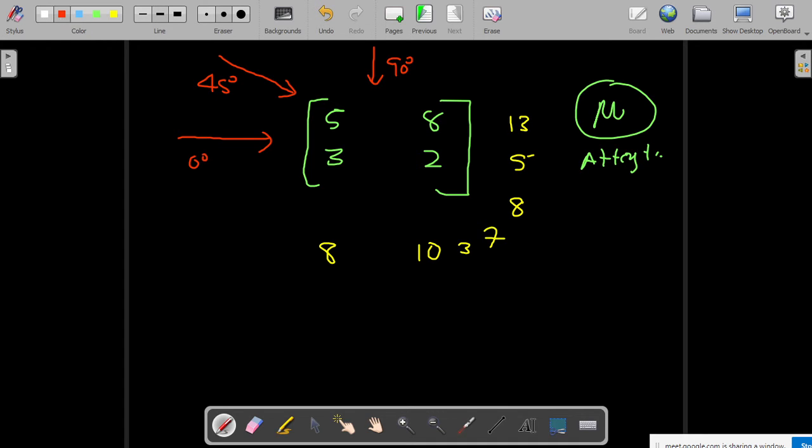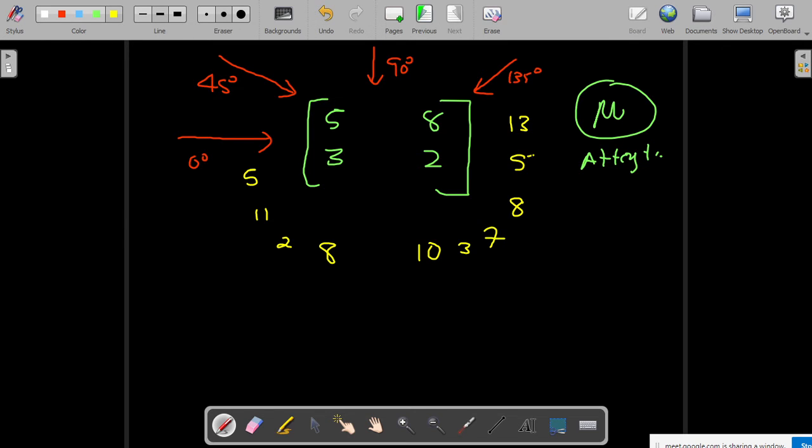Now I'll go for the fourth projection, which is in this direction, at 135 degrees. What will happen in my fourth projection? These two will remain as such. This 8 plus 3 becomes 11, and this you have 5. These are the values you get from the projection. So far, how many projections have we used? 4. Okay, 4 projections: 0, 45, 90 and 135.